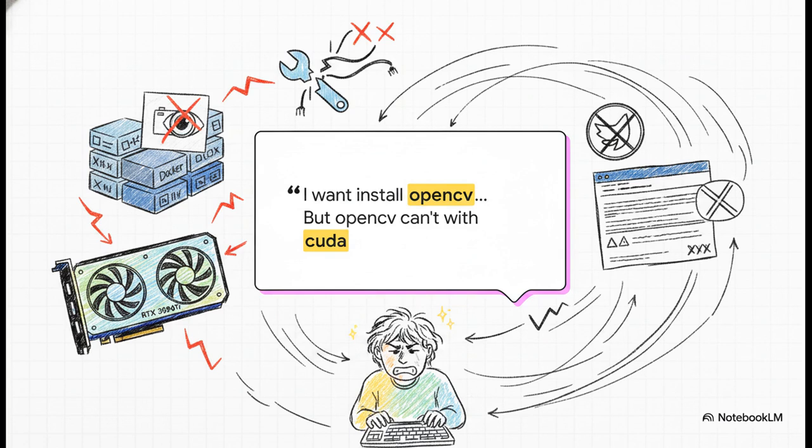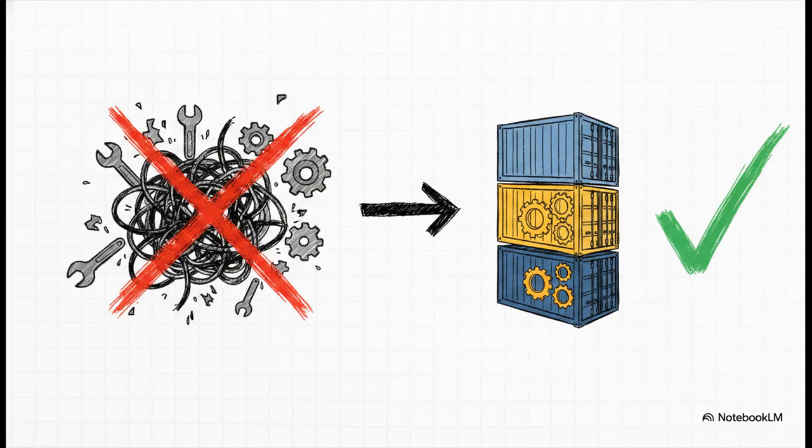They're running custom bash scripts, trying to force it, but OpenCV just flat out refuses to talk to the GPU. It's a universal pain point that will just stop a deployment dead. But instead of fighting with these brittle, custom-built scripts, the community offered a brilliant fix. If you just pivot your Dockerfile to use an official NVIDIA PyTorch base image, that OpenCV and CUDA mismatch